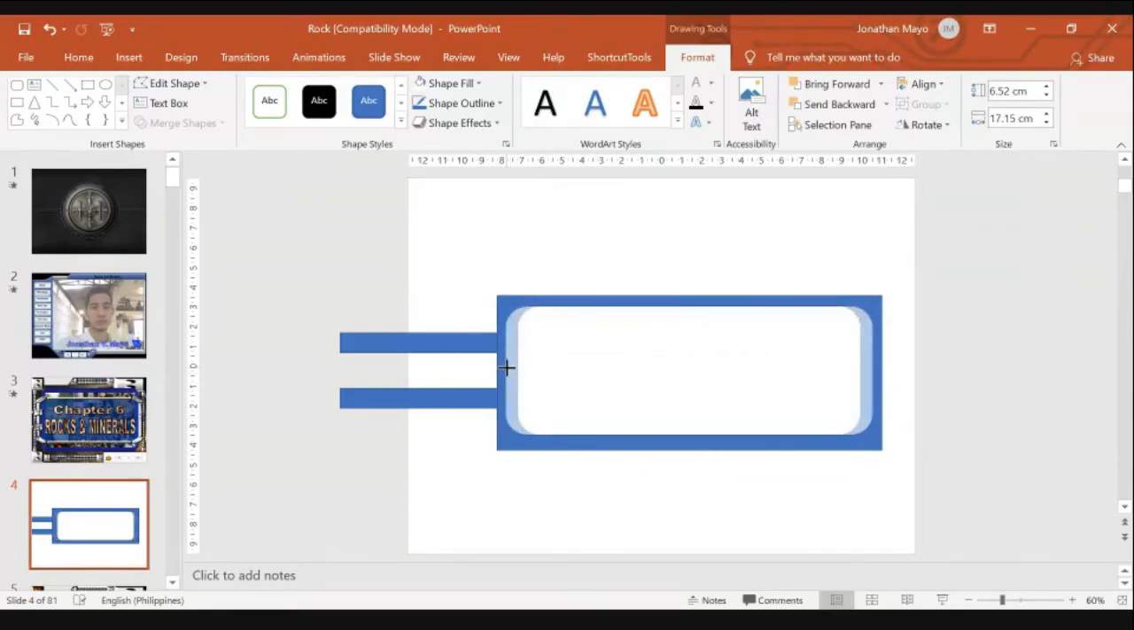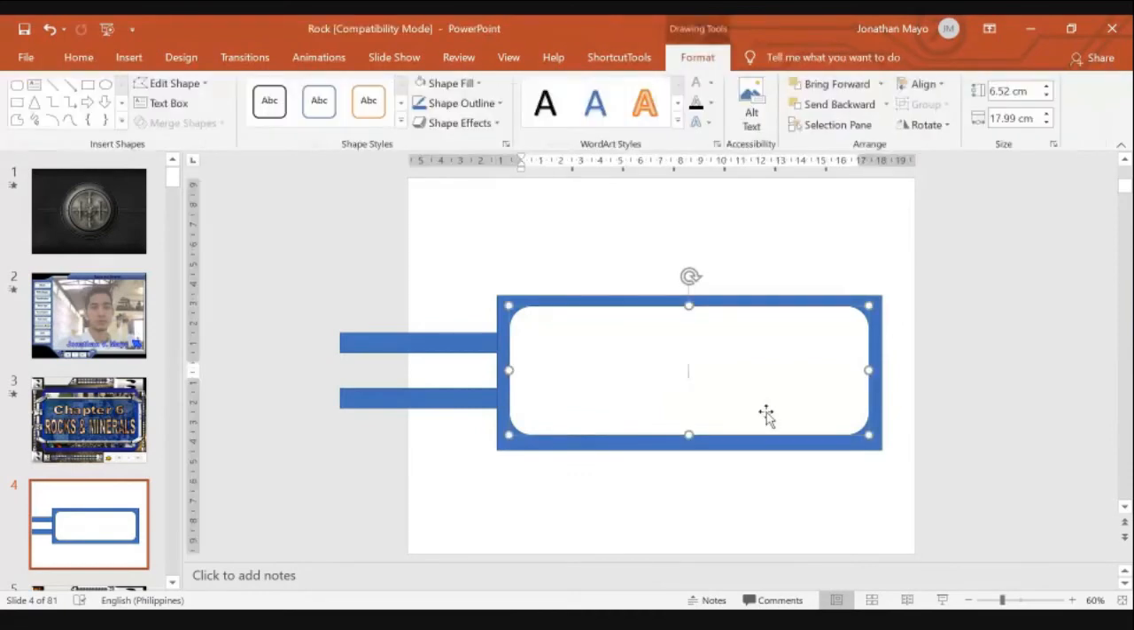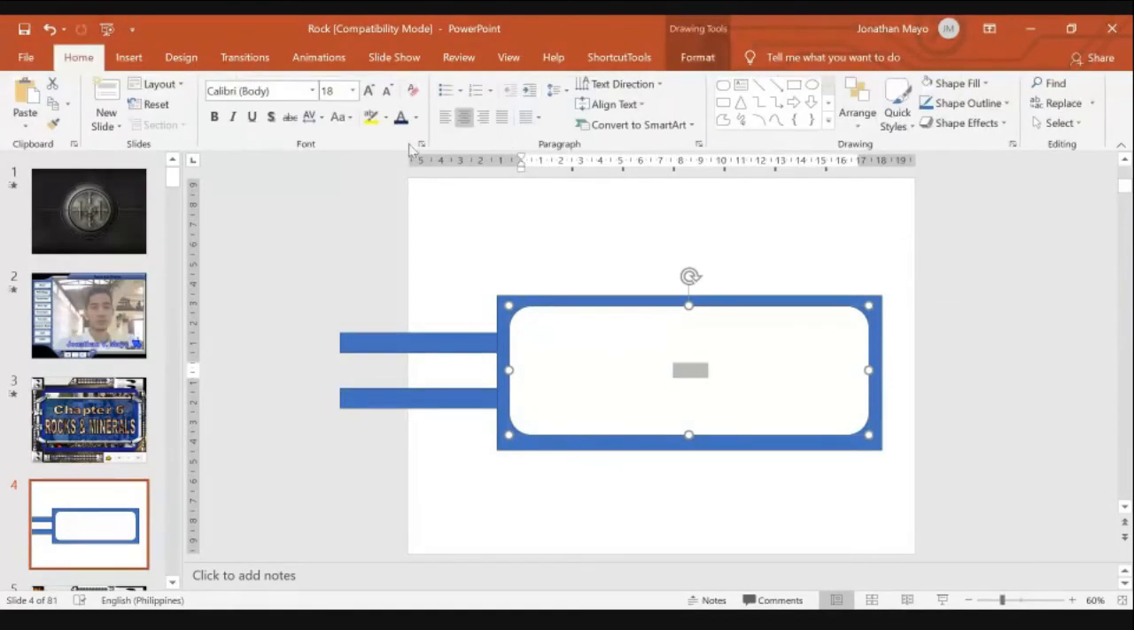Okay, dalawa. Okay. Ayan. Then, since we just inserted shapes here, ang shape kasi pwede ka na mag-insert ng text. Double click mo lang dito. Okay, may text ka na. Okay, let's say PowerPoint. Hindi kita kasi nga white. So, palitan natin ng font which is black. Okay, PowerPoint